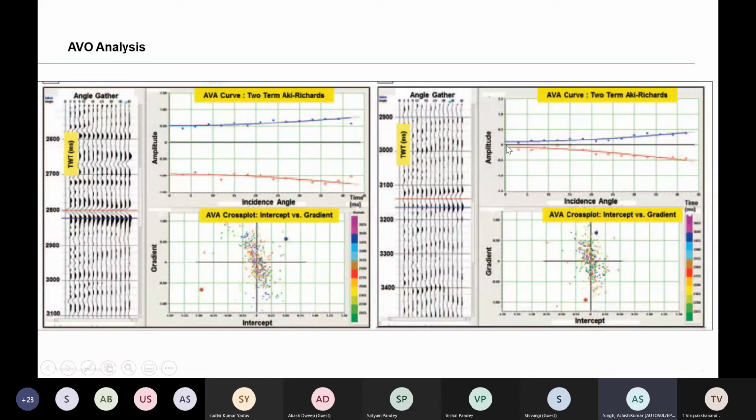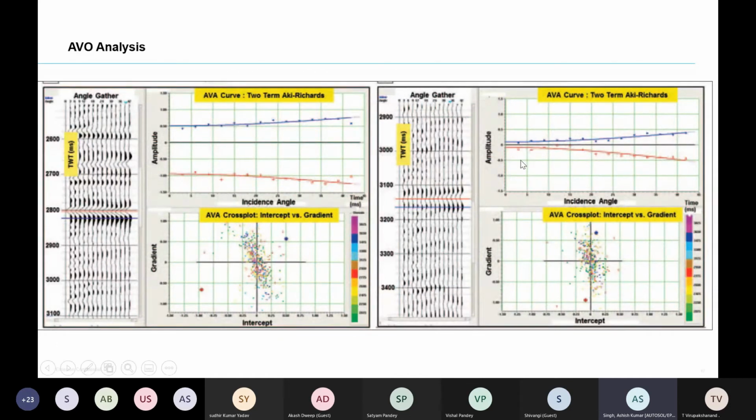So there are 3 or 4 types of AVO. Class 1 AVO, I will explain, because otherwise you will lose. Class 1 AVO is basically a high impedance sand compared to the upper and lower lithology. Suppose you assume a sandwich model. In the middle of the sandwich, your impedance is high. In the first case, class 1 AVO, your sand impedance is very high. In class 2 AVO, your sand impedance is more or less the same above and below, underlying and overlying.